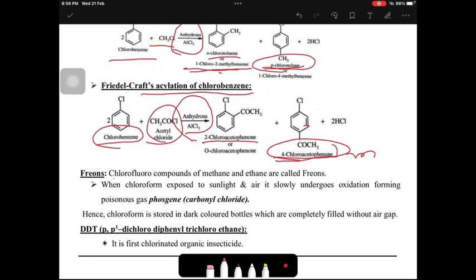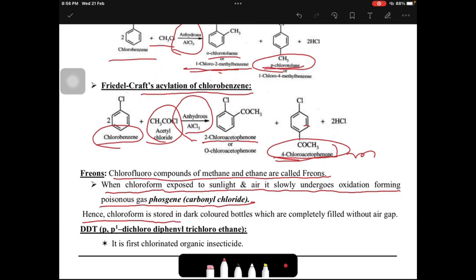Freons. Chlorofluorocarbons of methane and ethane are called freons. When chloroform is exposed to sunlight and air, it slowly undergoes oxidation, forming the poisonous gas phosgene, carbonyl chloride. Hence, chloroform is